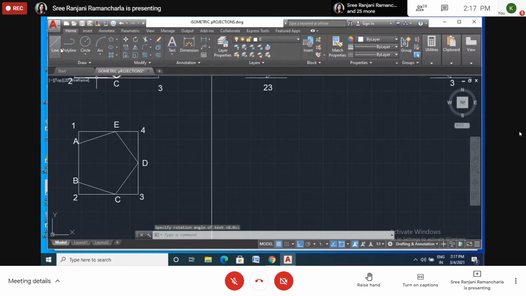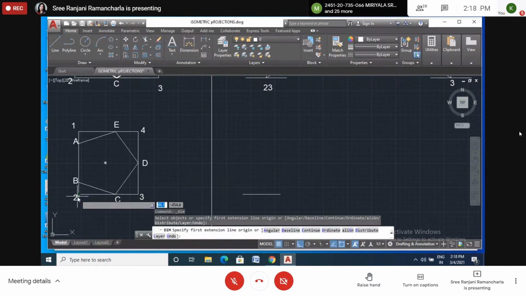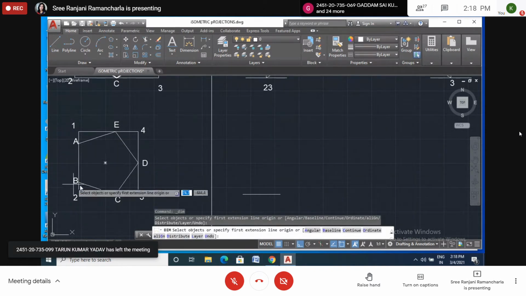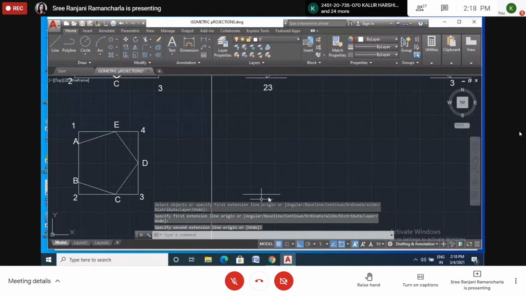So first of all, we have to draw one small line, base line. So I want to take exactly here one small base line like this. Then we don't know this exact length. So we have to measure this exact length because first I want to keep this corner, point 2, here. So on the right side we have to draw 2, 3, and the left side of 2 is 2, 1. Okay, so I want to measure this one. We don't know the exact measurement. So once we measure this one, how much is this? 30.8. Okay, 30.8.